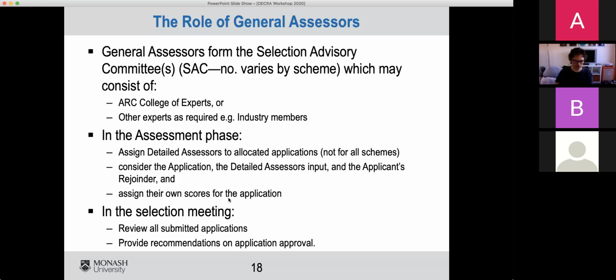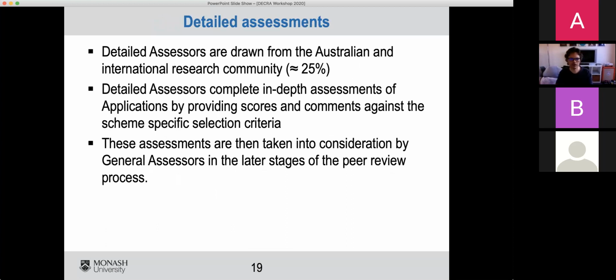So once the College of Experts members have scored the application, they go to the selection meeting, they review all of the submitted applications, and then they provide recommendations on which applications should be funded. So here we go. Detailed assessors are drawn from the Australian and the international research community, about a quarter of them from the international community. They provide in-depth assessments of the application by providing scores and comments against the selection criteria.